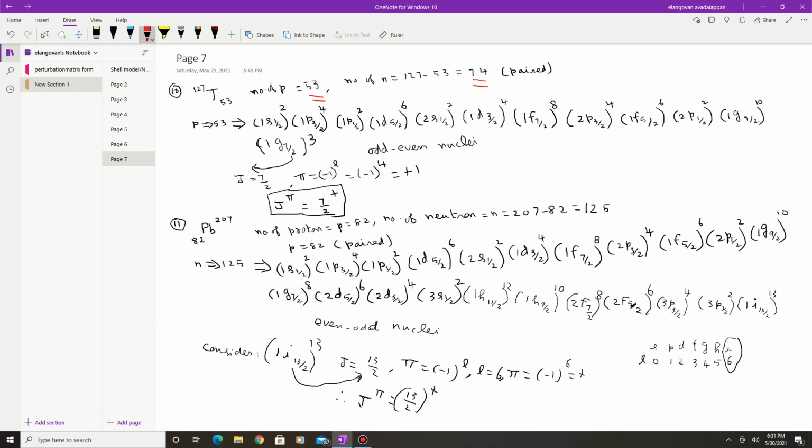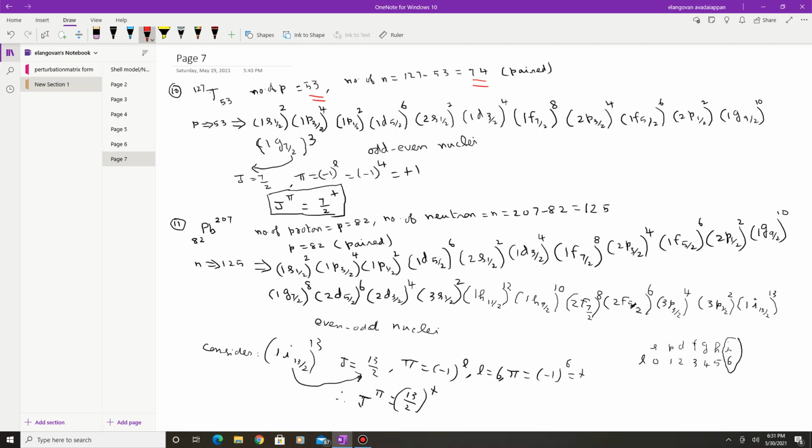We usually need not write down the level sequence corresponding to an even number. If it is an even number, the last level will be an even number. So the odd number is important for the calculation of J. If the last level is an even number, that will not be used for our calculation of angular momentum. If it is only an odd number, it is important.